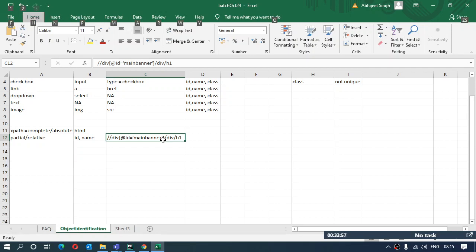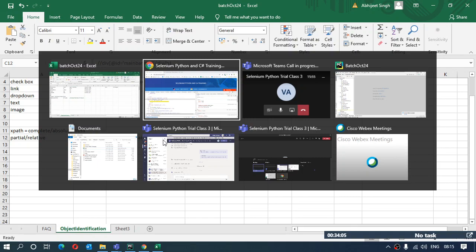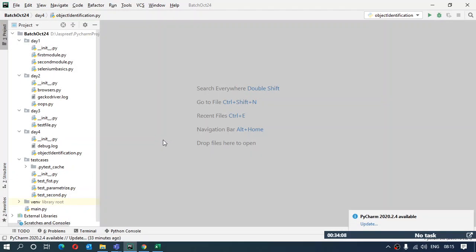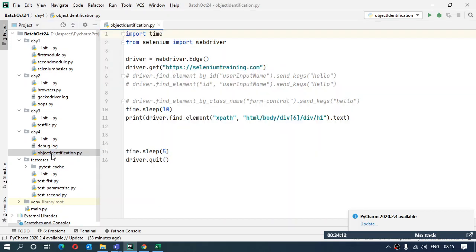So now if I have to use this XPath to extract the element from the web page and interact with it, what I can do is go on to my PyCharm over here. My code is already here. What I just need to do is copy this whole thing from here.